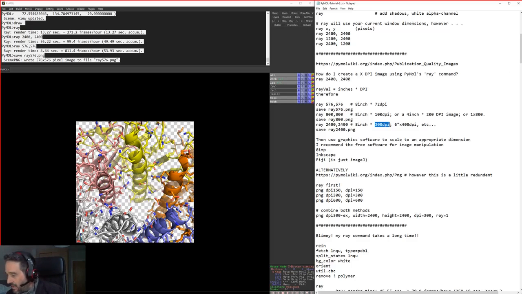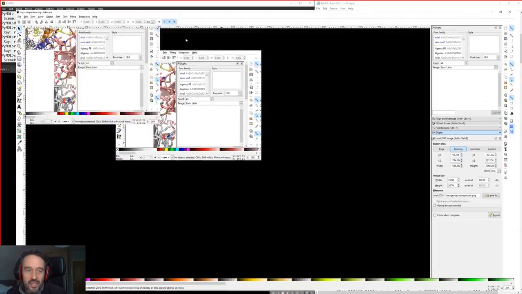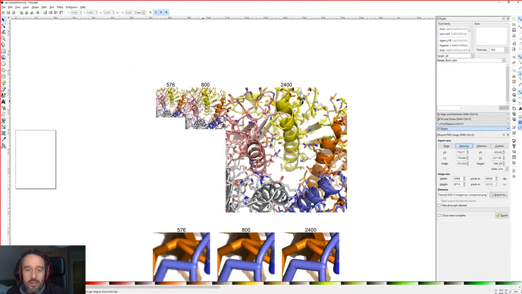Now, I did have a little comparison here of what these things look like. So this is when you ray 576, 800 or 2400. The resolution isn't the same, but the image basically gets bigger as you increase the number.